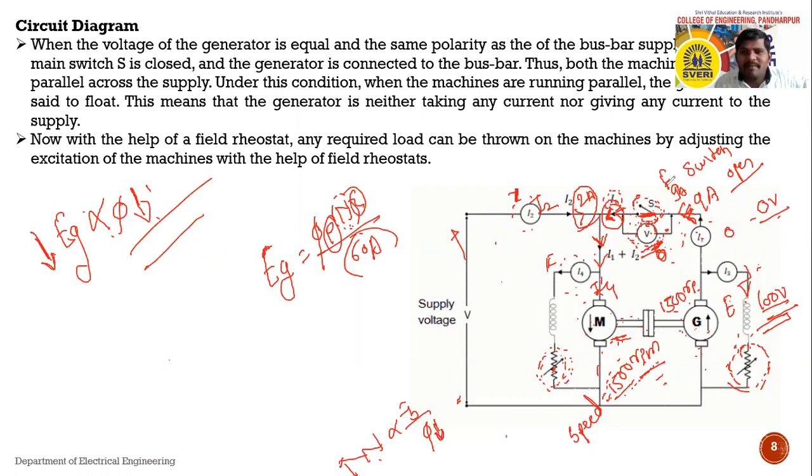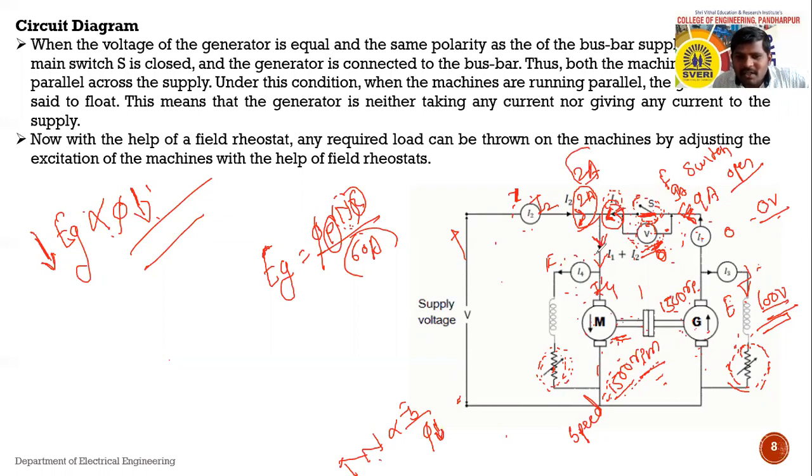Because before closing the switch, both machines are running on no load condition. When the switch is closed, both machines are running on load condition, and the current taken from the supply is initially, suppose, 2 ampere, that is the minimum current,